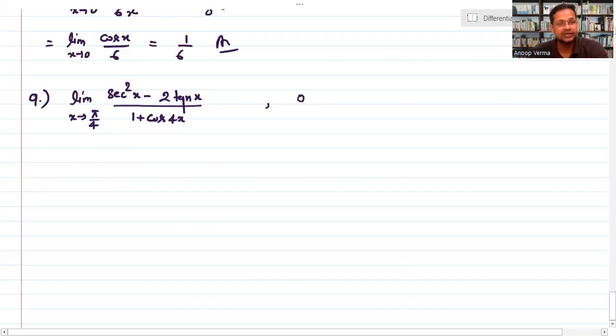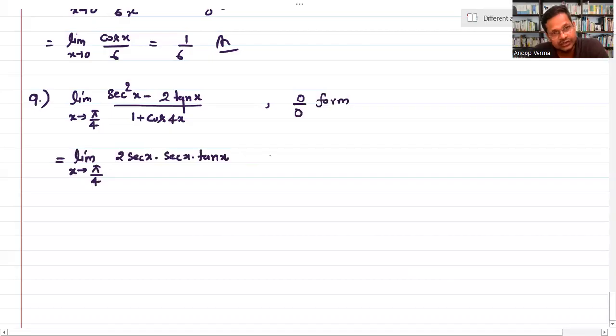डिन्यूमरेटर में हमारे पास 1 प्लस cos 4x. 4x का मतलब है कि when you putting x is equals to pi by 4, then 4x is equal to pi. It means cos pi. cos pi की वैल्यू -1 होती है, तो 1 minus 1 will be equal to 0. So it is again 0 by 0 form. So we can apply the L'Hospital rule here. Limit x tending to pi by 4. Taking the derivative of sec square x, it will be 2 sec of x into sec x into tan x,